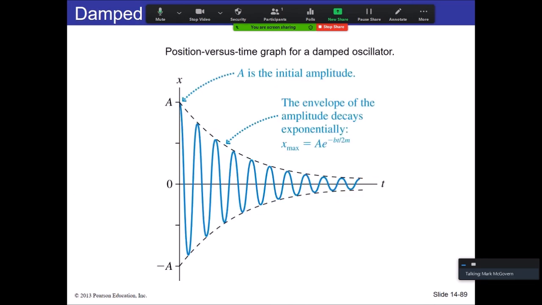Well, here's the envelope I talked about. That's exactly what that equation looks like. You can still see the cosine function there, but it has this exponential decay envelope on it, and so that's how we model